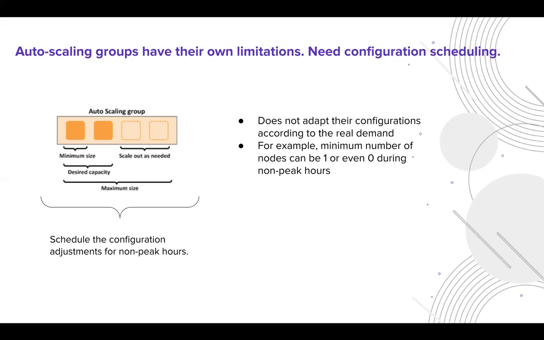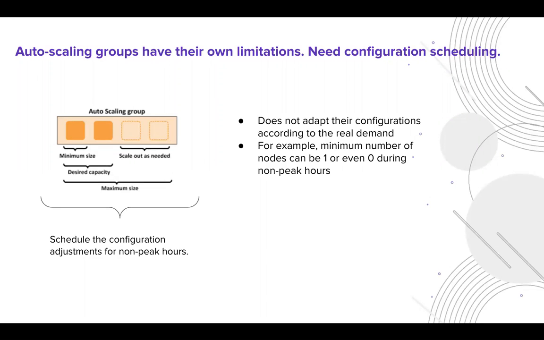With a lot of our customers, what they have requested is that the max size, min size, and desired capacity can be configured, and they want to have a different configuration at different times of the week. For example, it really depends on the business demand. Let's say that they have no demand on Mondays because their shops just do not open, or it's just some policy, according to their business demand.